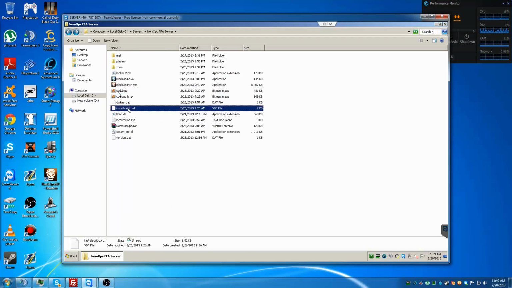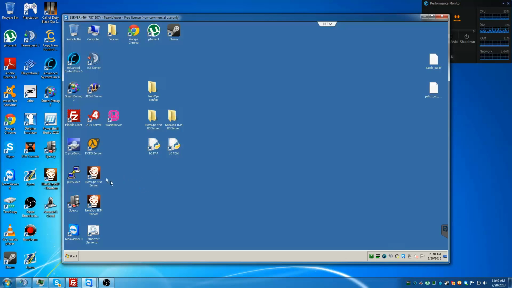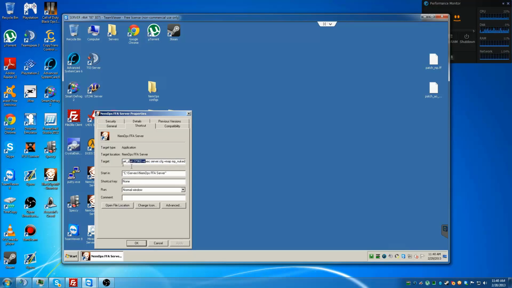So you're going to want to send an icon to your desktop. You'll right click on Black Ops mp.exe, create a shortcut. I already have a shortcut, so I don't need to do that. And you'll right click on the shortcut and go to properties. At this point, you're going to be putting this code in. I will be linking that as well. I can't make the window bigger, but you want to make sure that the port is exactly the same as the one that you port forwarded. So in this one, it's